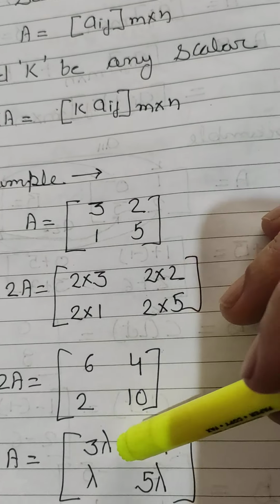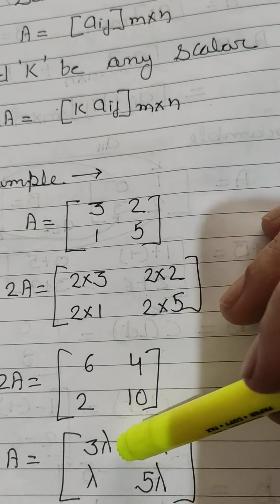Now what will be the order of the new matrix that you will get? In addition and subtraction, the order remains the same, but here we decide the order by removing the values which are the same, that is, the number of columns of the first matrix equal to the number of rows of the second matrix. Remove these equal numbers. What is left? 2 and 2. So the order of the new matrix is 2 by 2. That is, how many elements in total? 4. What are the positions of these elements? a11, a12, a21, a22.